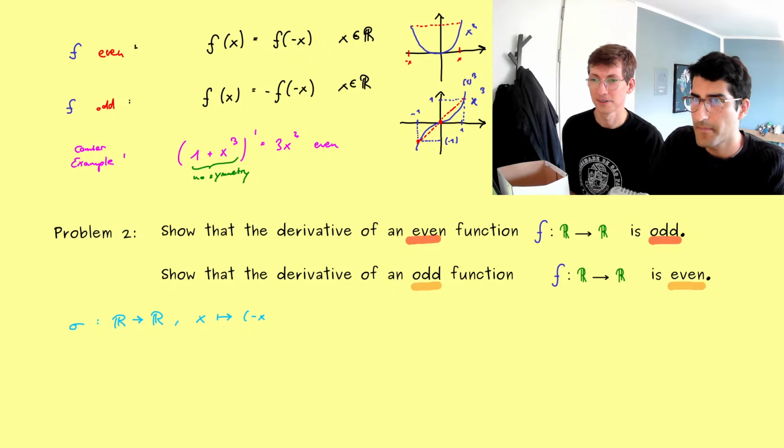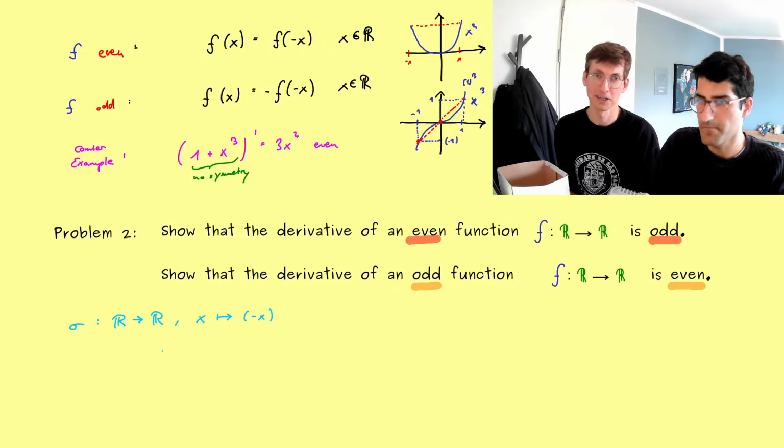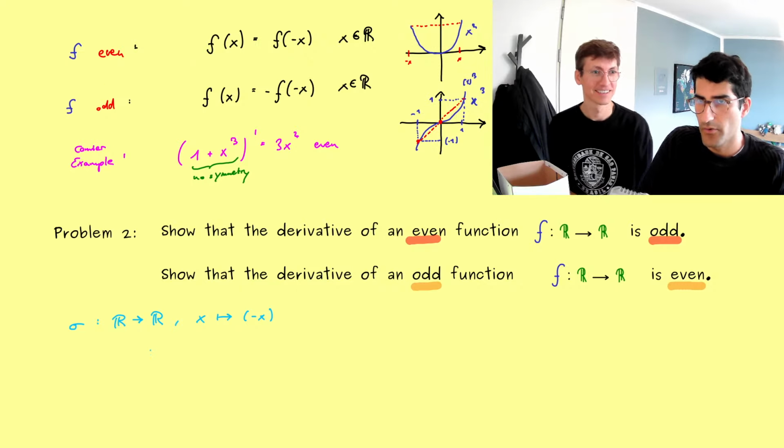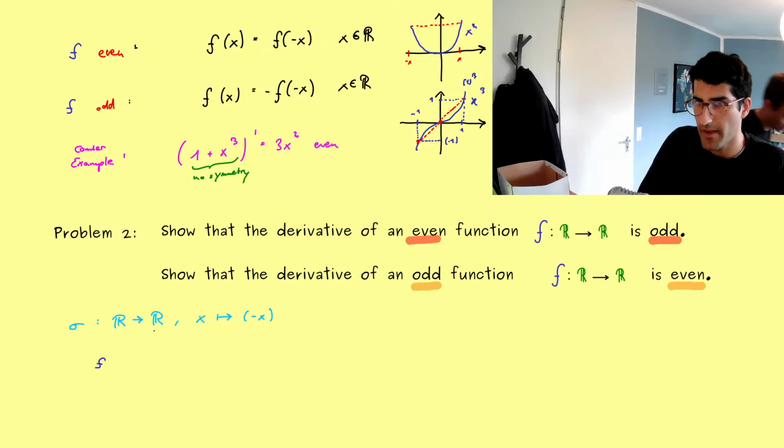Nice. Minus... Yeah, this is a really simple function. And now we can multiply with minus 1. Yes. So what we can now do is, if f is even,